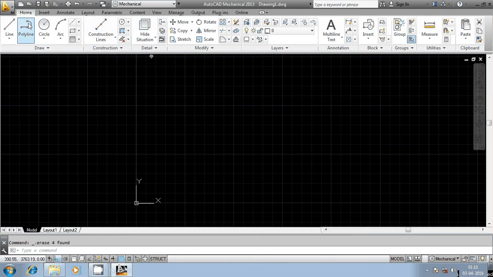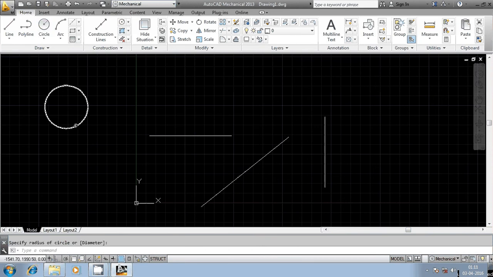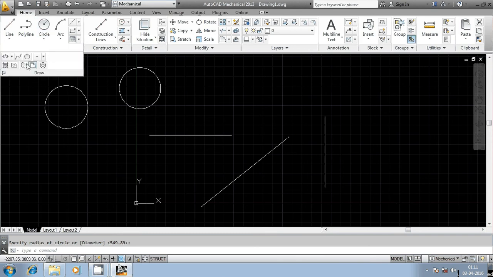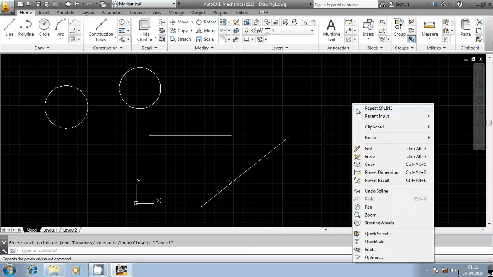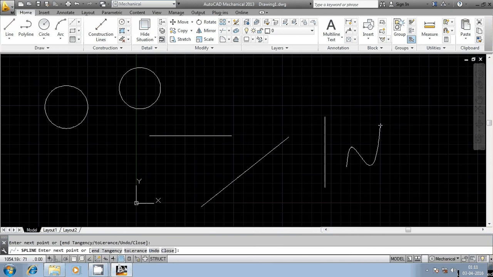Now we will see how exactly we can apply the constraints to individual entities. We can draw some entities in inclined fashion. Just switch off ortho mode, draw some circles as per your requirement, draw some splines as per your requirement, because there are some methodologies which are there here like smooth or something like that. So those we have to demonstrate here. That is the reason I am drawing some splines also. Okay, you can draw some more lines to demonstrate some more things.